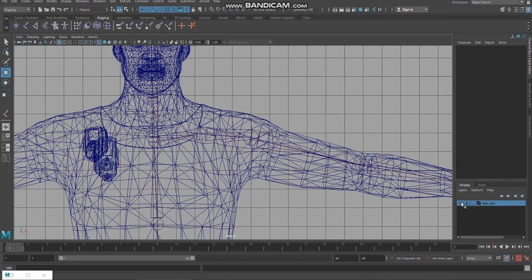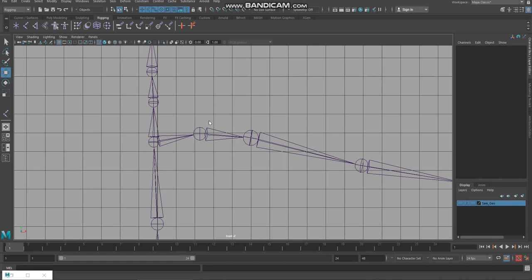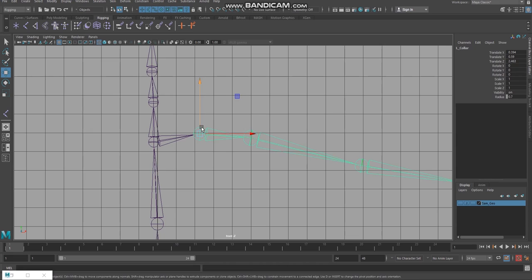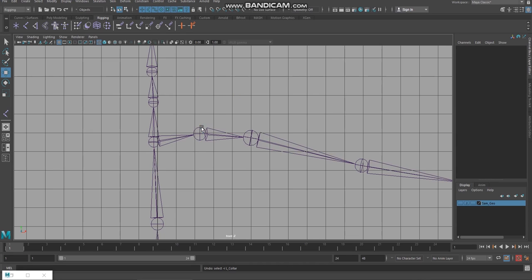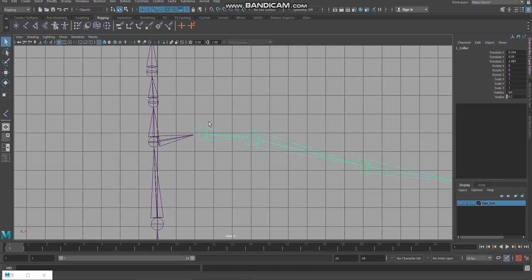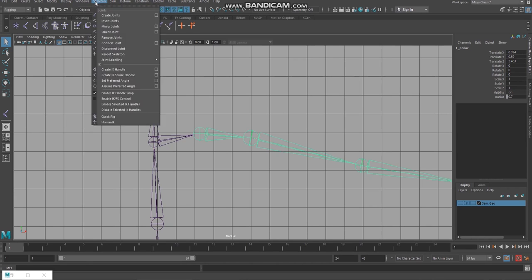Now how to duplicate? Save the file. I want a child for this chest. That should be right collarbone followed by right hand joints and controls, right shoulder, right elbow, right wrist, and all these things. So for that, I'm going to select this left collar. Go to skeleton,